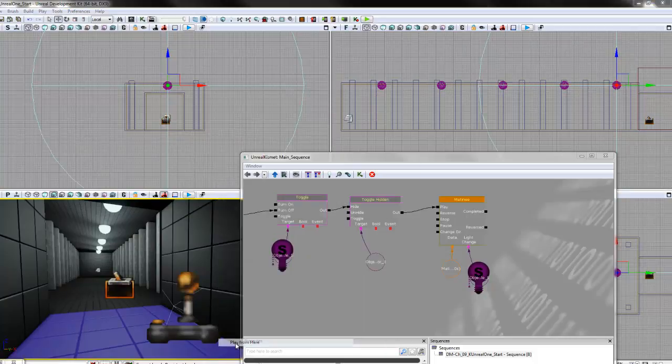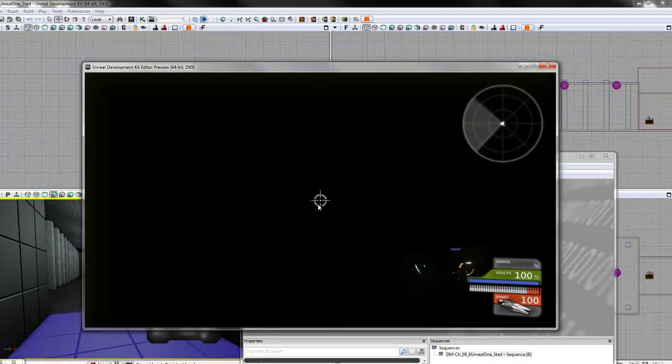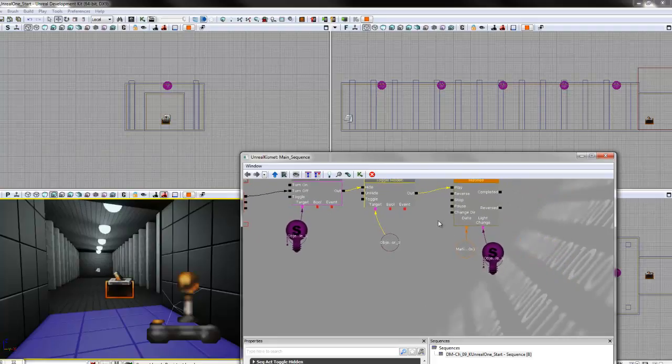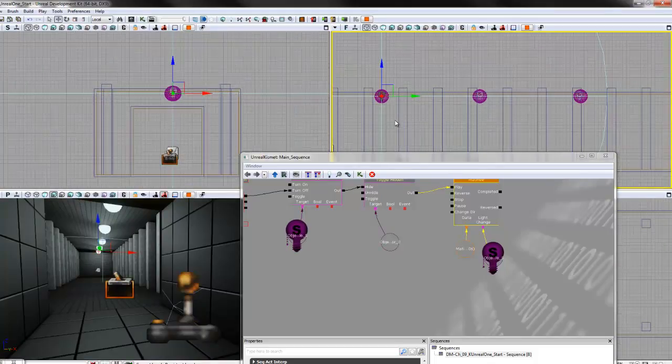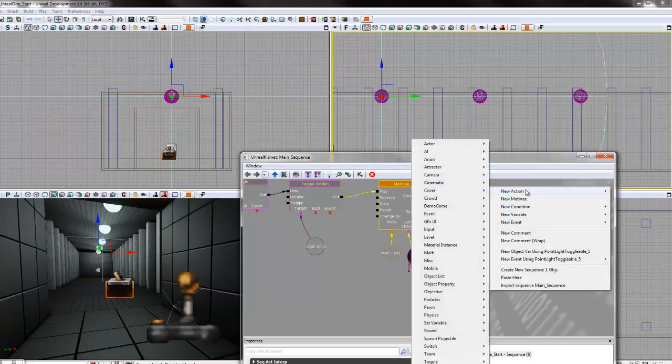Matinee. Now if you play this level from here, when you touch the triggers, nothing will happen. The thing is that our lights turned off from the Kismet, our static meshes turned hidden, and Matinee took care of changing the light colors. But the lights haven't been turned on yet. So what we need to do is to turn on the lights. Now let's choose the last light at the end of the hallway and then right click in the Unreal Kismet